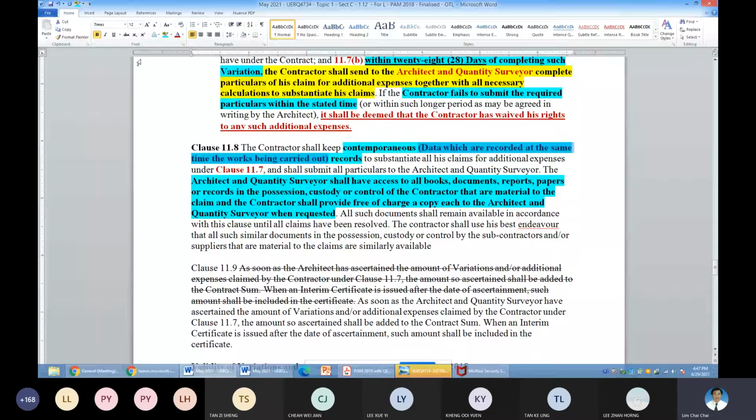If your work on the VO is on, let's say, July 2021, your data or the records must show somewhere between June, July, and August. This is called contemporaneous, very near to the action, to the activity record. You cannot have a data, the paper of claim or your submission that is too early or too late. Are you clear? Contemporaneous means around that time. Okay, so the data when you want to submit for substantiation, it has to be around that time.